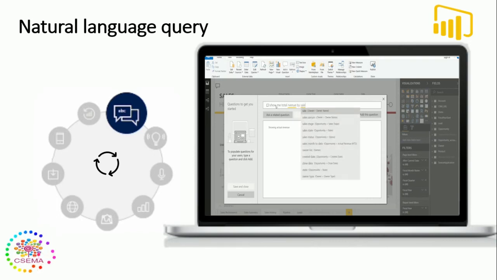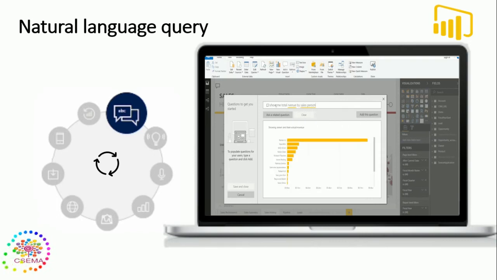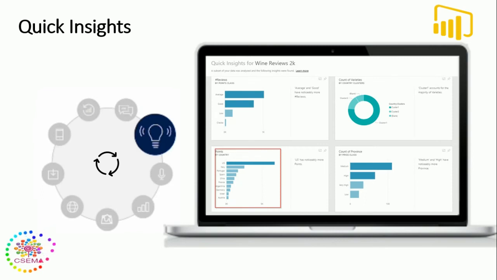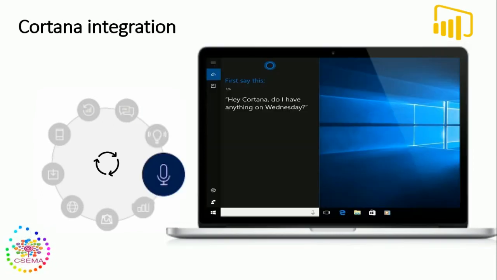This natural language query is used to get information on the data without having to create new reports every single time. We can get quick insights augmented by artificial intelligence, and you can also integrate with Cortana, so you can ask for information about your data directly from a start menu or any Cortana-enabled devices.